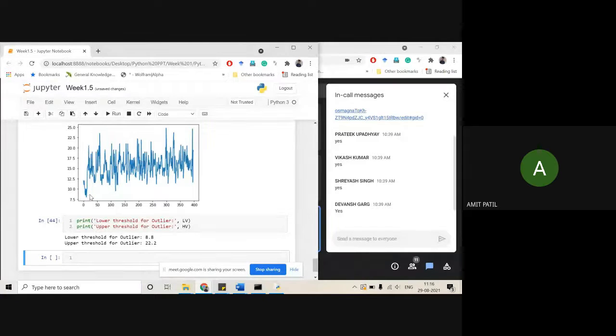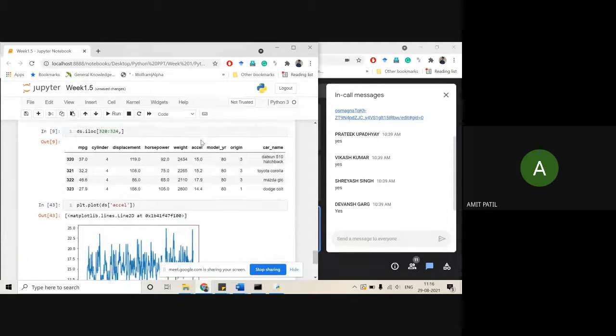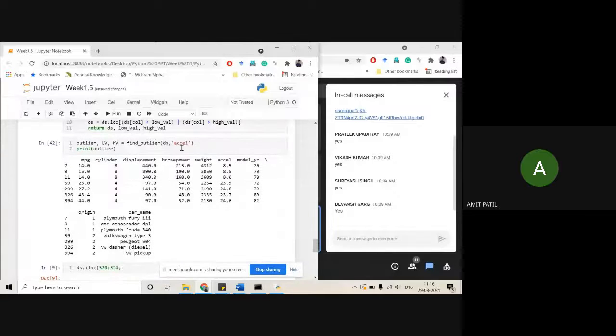All the points that are below 8.8 are your outliers. The upper threshold is 22.2. Whatever values are above 22.2, you can see that those will be your outliers, above this line. This is how the outliers are found here.